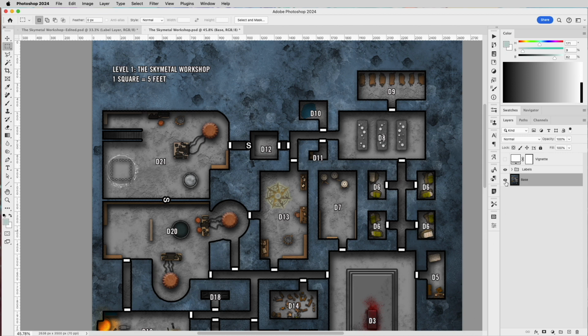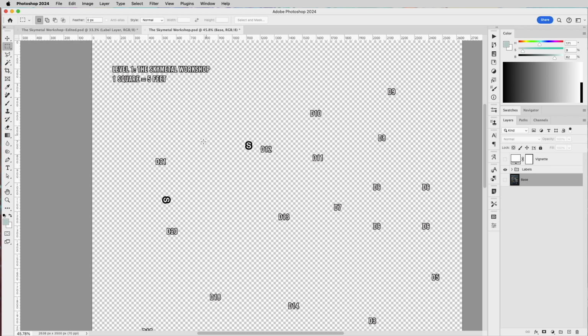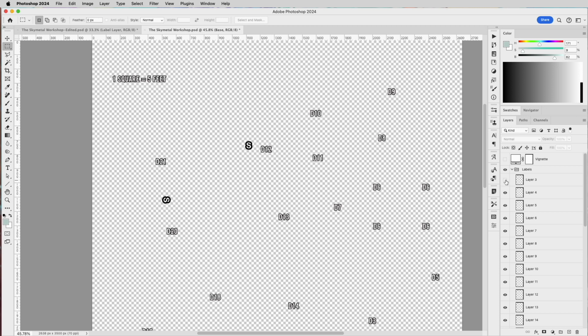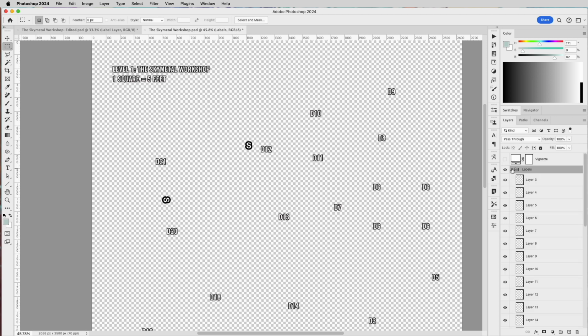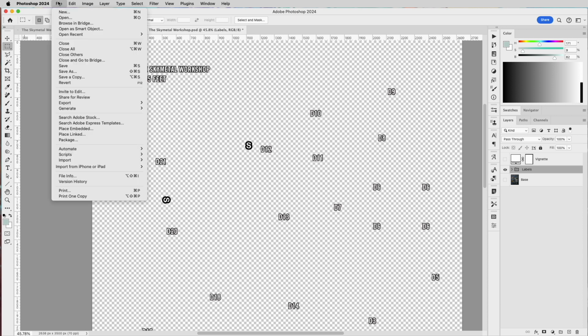This is an ideal case in which we have all of the map art on one layer, and we have all of the labels on their own individual layers already separated out. You can see the one in the upper left there I'm turning on and off. In this case, the solution is simple. If you have all of your labels individually, you can simply go to Export